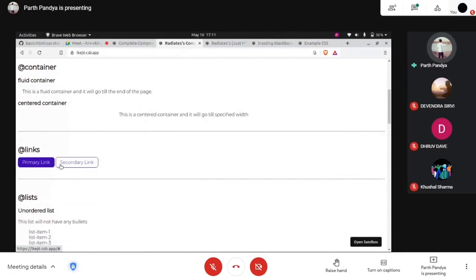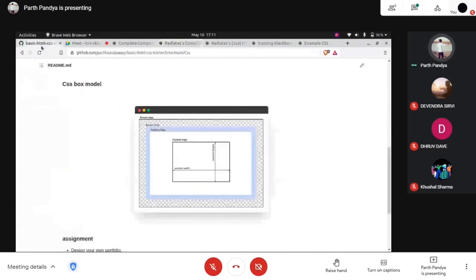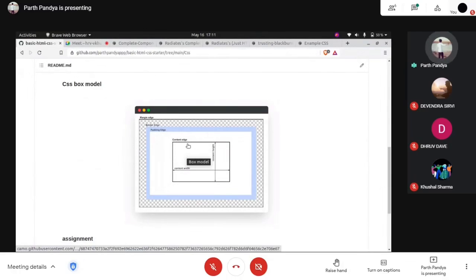The space you can see between the secondary link font and the border is actually the padding area. You can refer to this box model: suppose this is the secondary link font, the content, and this is the border. The border is the colored line, and the space between the border and the content area is padding.